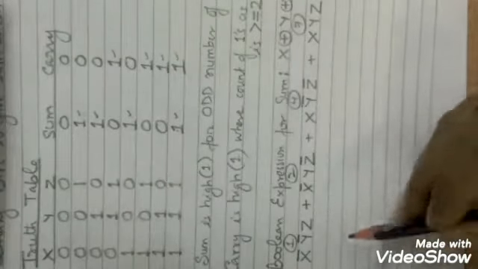So now let us see how to reduce it. In order to reduce this expression so that we obtain x XOR y XOR z, how to reduce? There are altogether 1, 2, 3, 4 terms. So here we are going to use the distributive law on these two terms, finding the common. x bar is common, so we write down x bar, and within brackets y bar z plus y z bar.